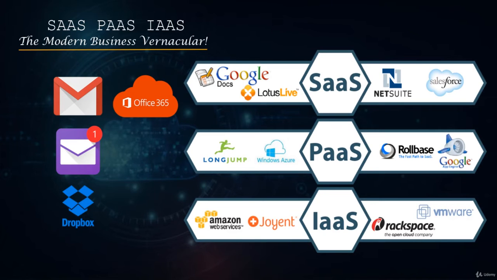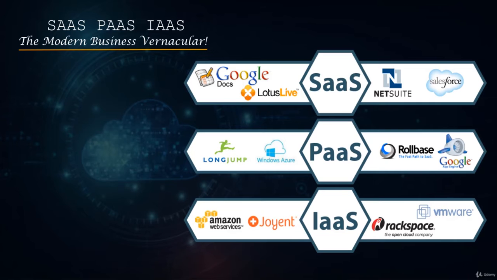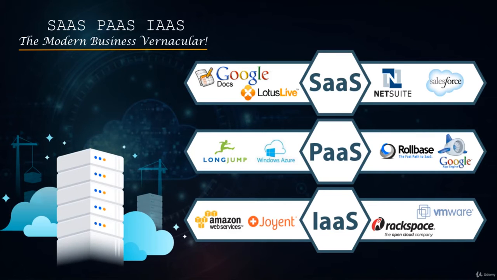So now we have an understanding of software as a service, where you got the web application delivered to you using the web interface. Now let's talk about infrastructure as a service. Infrastructure as a service is the underlying hardware that's required for you to run your applications. So if there is no hardware, no network, and no storage in the backend, Google will not be able to provide you with the email services, isn't it? So they cannot provide you with a software as a service.